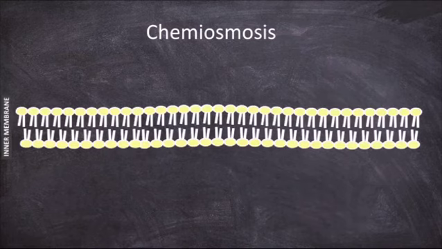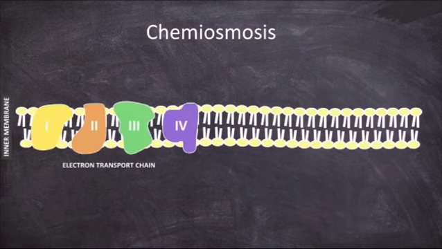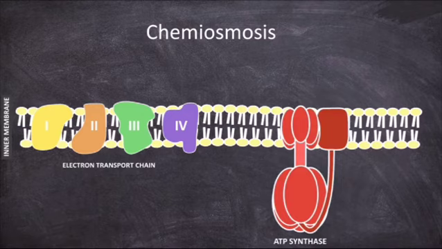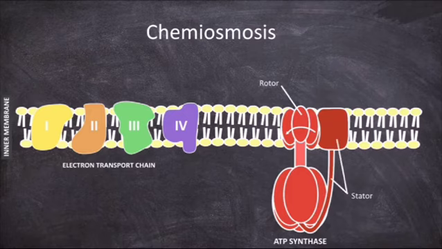In this video, we are going to look at the fifth and final process that is involved in aerobic respiration, chemiosmosis. Chemiosmosis occurs in the inner mitochondrial membrane and is coupled with the electron transport chain. It occurs through an additional membrane protein called ATP synthase, which, as the name suggests, is involved in the production of ATP. ATP synthase is a rotating molecular motor consisting of an F0 subunit, which consists of the rotating